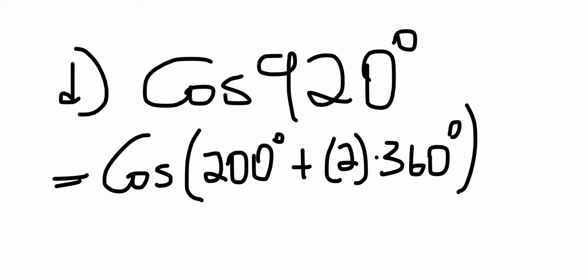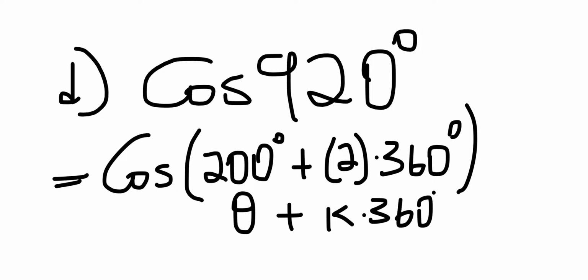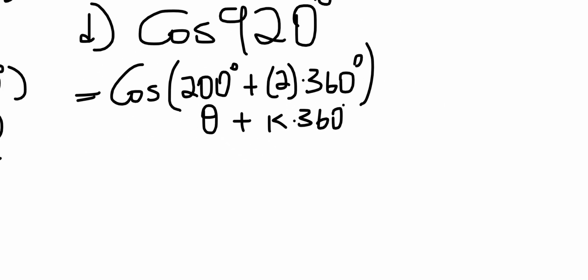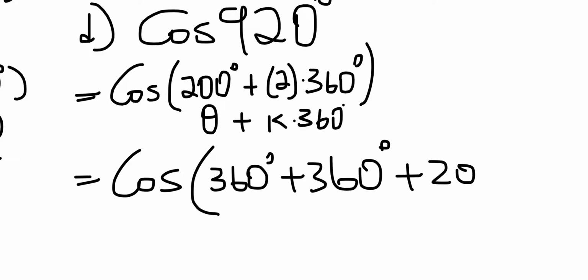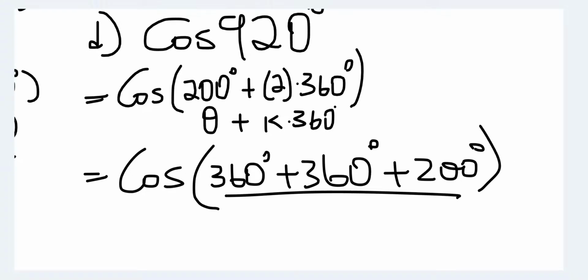360 degrees. You remember this, where we said you will write it in this format of an angle plus how many 360s? That's what I've just done there. It doesn't matter how you interpret it. It doesn't matter if you start with 2 of 360s. Again, you can still do it this way and say, actually, it is the same as 360 degrees plus another 360 degrees plus 200 degrees. This thing does give you that same